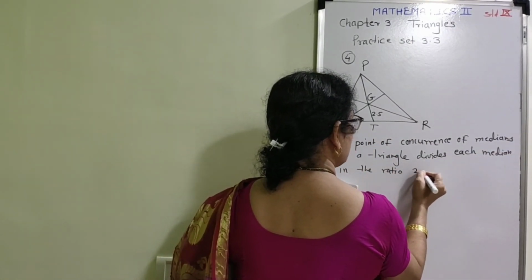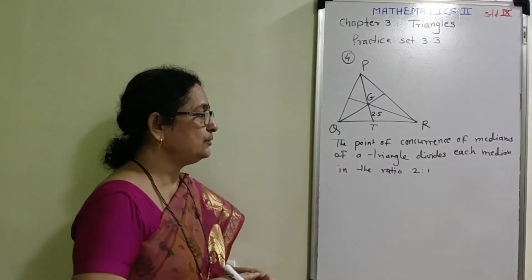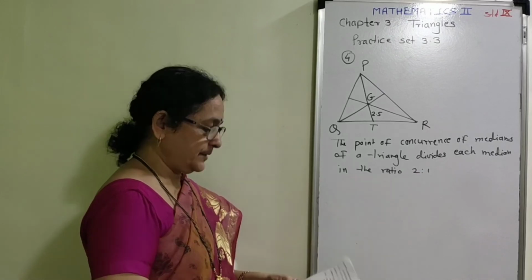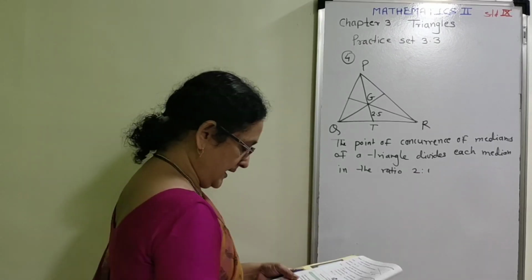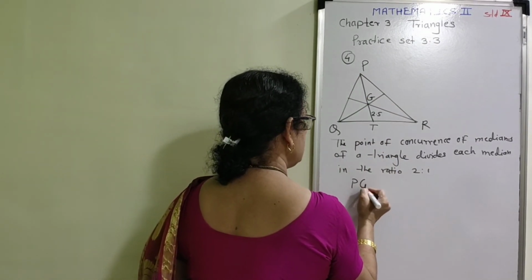If you don't write this property, then also it is correct. I have given it since you know that we have used these properties to solve the given example, and therefore here first of all write the ratio PG